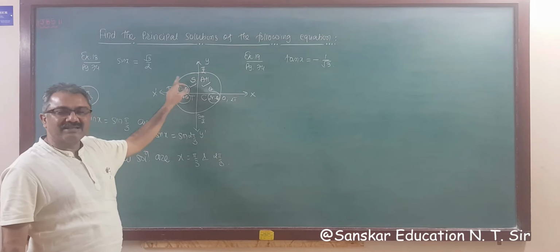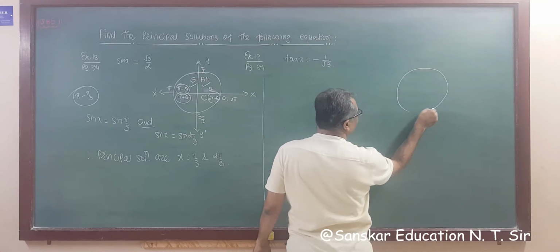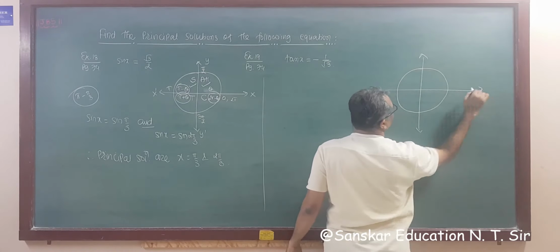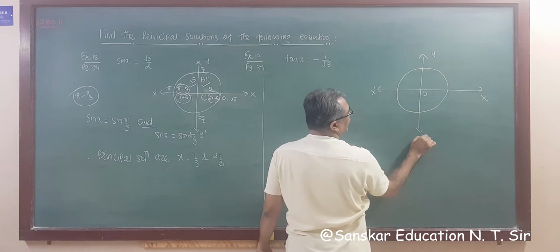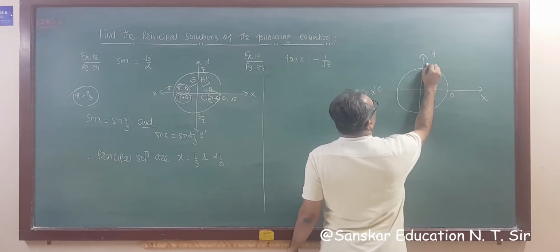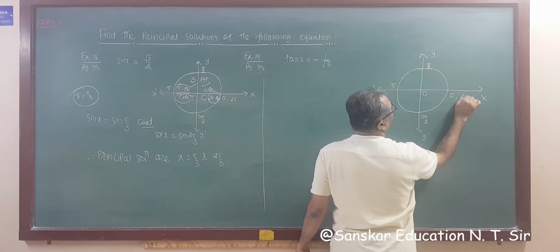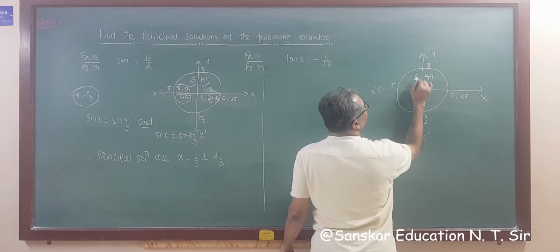Now for example number 19, it is given tan x is equal to minus 1 upon root 3, right? So tan is negative. Again I am drawing a unit circle because that is the most important part of these solutions. So this is your unit circle. This is the origin, this is x, this is y, this is x dash, y dash, right? 0, pi by 2, pi, 3 pi by 2, and 2 pi. Now all S, T, and C. But the value of tan, now forget the sign.